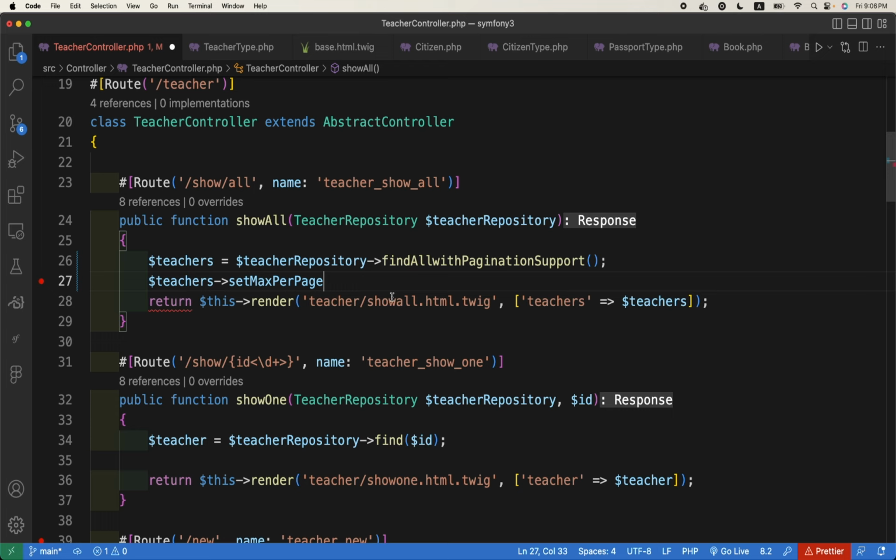So on the page, how many records of teacher should be there? For example, max per page is 4, so now it will show 4 records on the page. Yes. And similarly we can specify